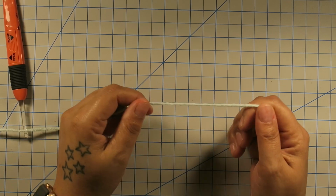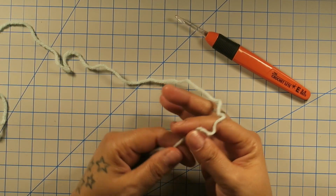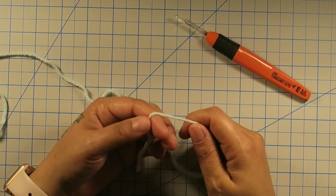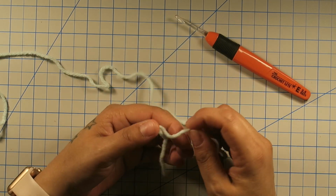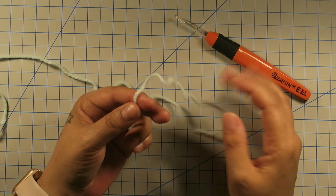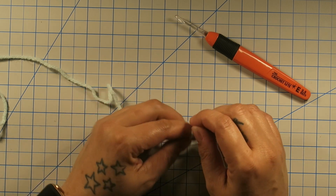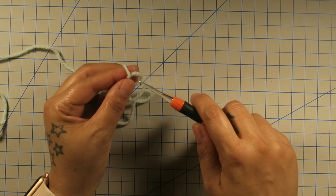You can find the pattern on my website as well if you don't want to follow a video tutorial, which is something that I prefer to do, just read the pattern and do it that way. But sometimes we need visuals, and visuals are very helpful. So here we go. I'm going to start with the magic ring,